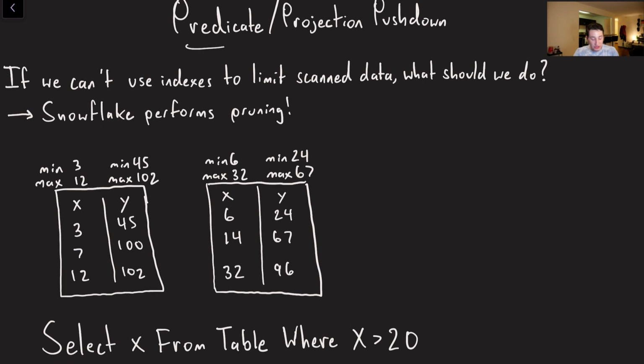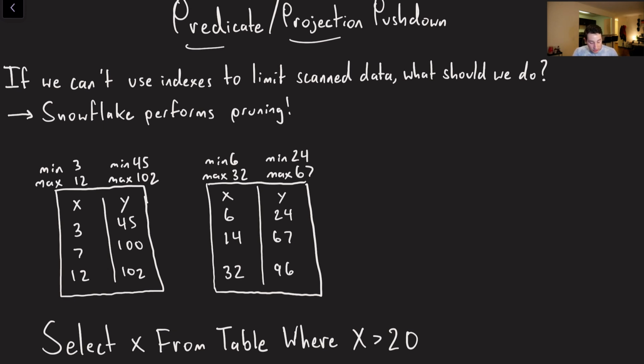Okay, the next thing that we're going to talk about is predicate pushdown and projection pushdown. Projection pushdown is pretty simple. This is kind of the benefit of column-oriented storage, right? If I only need to access a subset of the columns, when I go to S3, I basically say which columns I want to access, and I'm only going to read the data for the columns that I care about, which is going to make things a lot faster. If there were 1,000 columns in my table and I only want to read 2 of them, this is going to show us a significant performance increase.